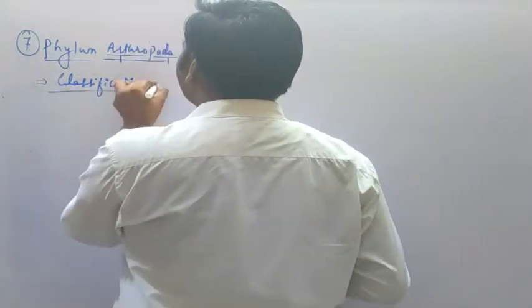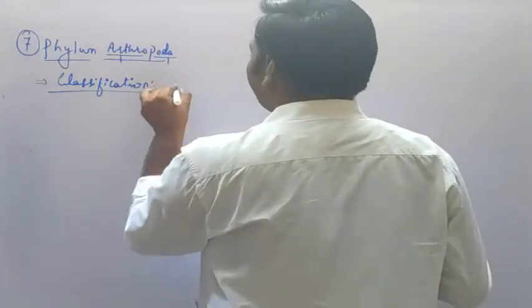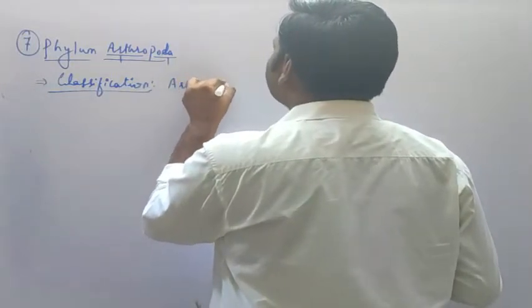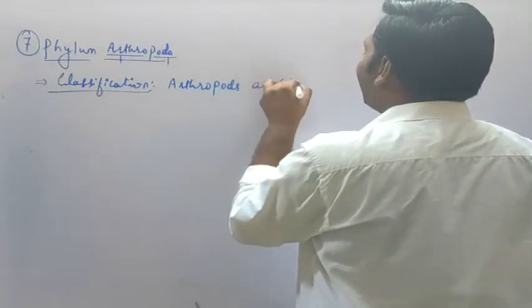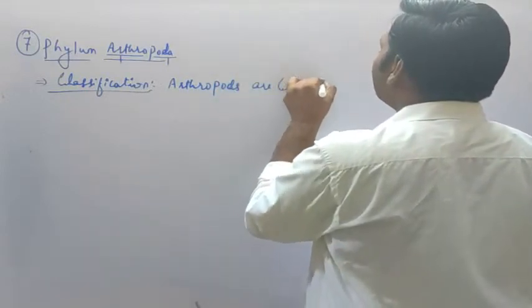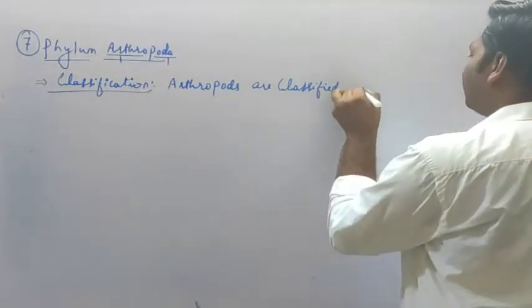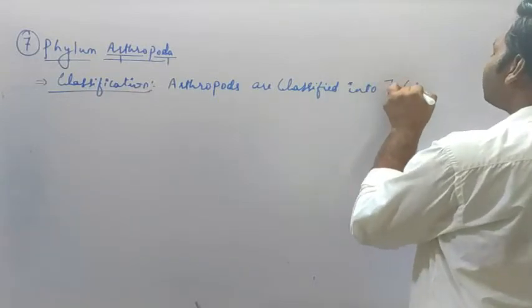Classification of phylum Arthropoda. Arthropods are classified into 7 classes